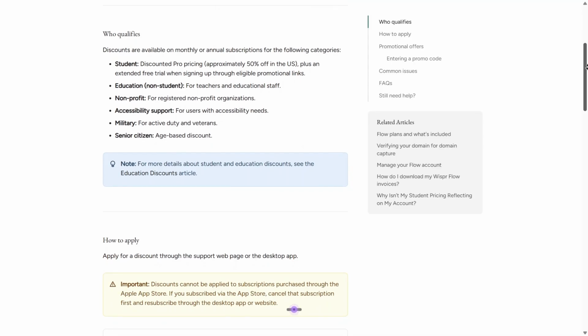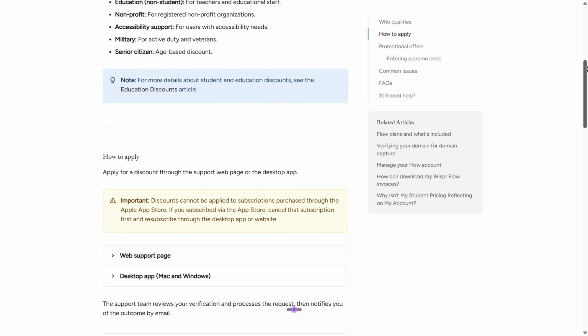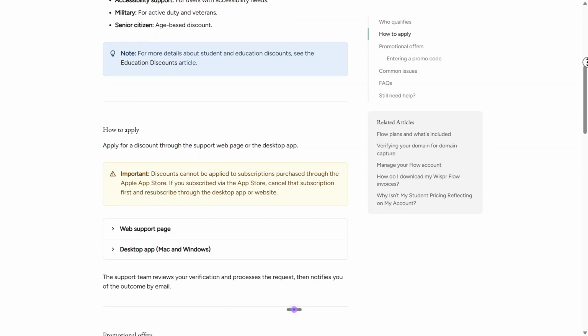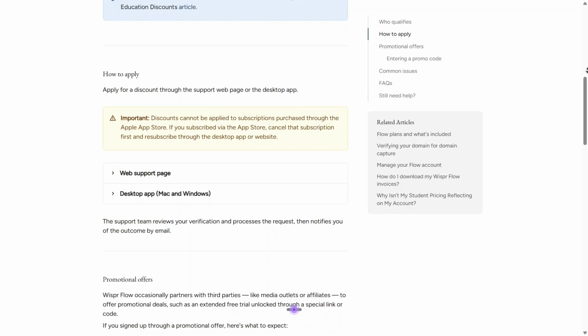Now, I'm moving to the section on how to apply. I can submit my request directly through the support webpage or the desktop app. I need to keep in mind that if I subscribe through the Apple App Store, I'll have to cancel that subscription and resubscribe through the website to use a discount. Once I submit my details, the support team will verify everything and reach out to me via email with the